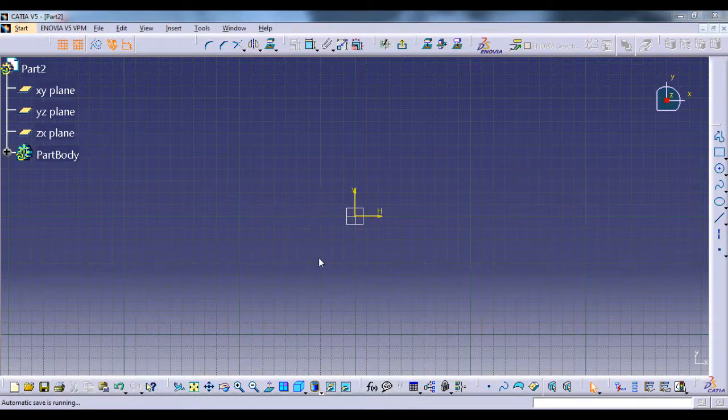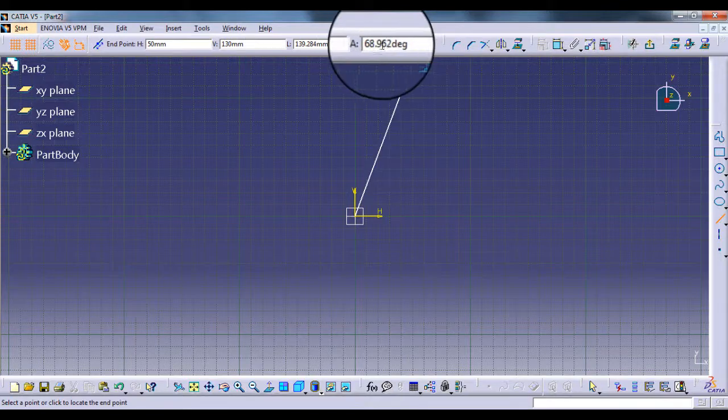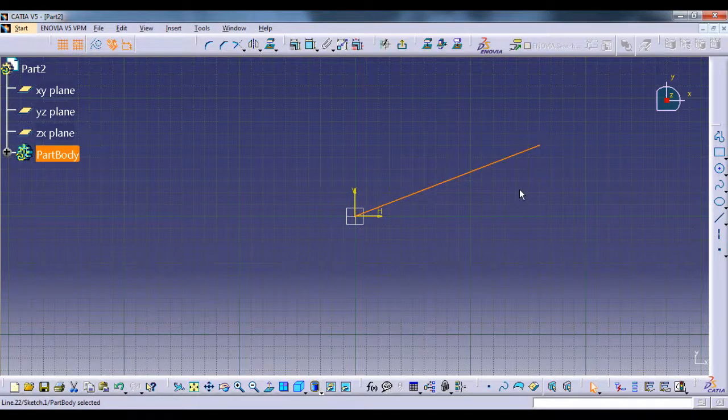Consider that we want to make a line of length 200 mm which starts from the origin and has an angle of 35 degrees with respect to the horizontal axis. So we will select this line command. We will select the starting point as origin. One method is that you can directly enter the angle of 35 degrees here, but I will do it some different way.